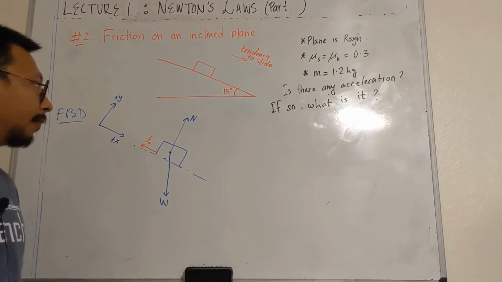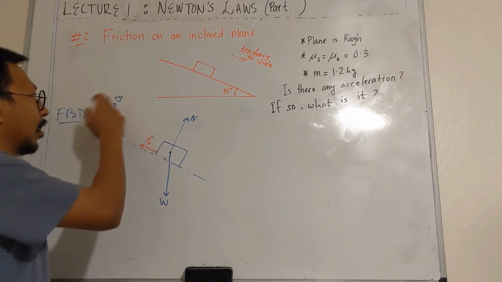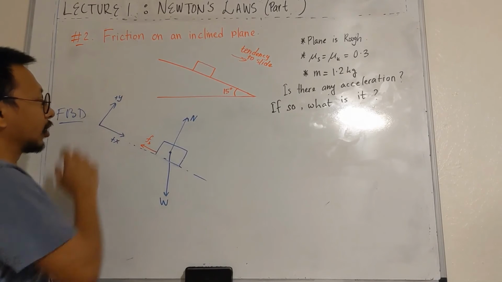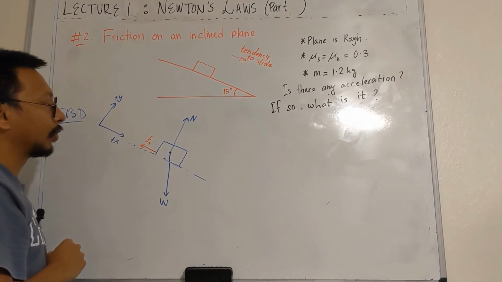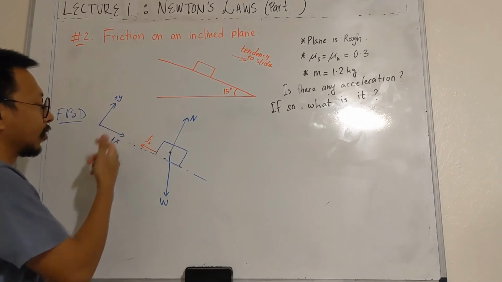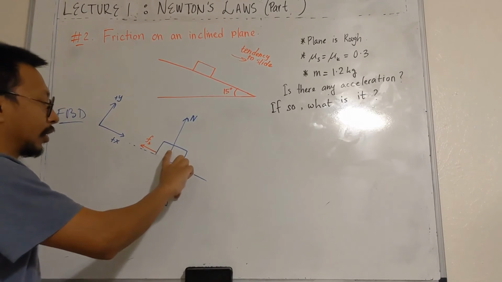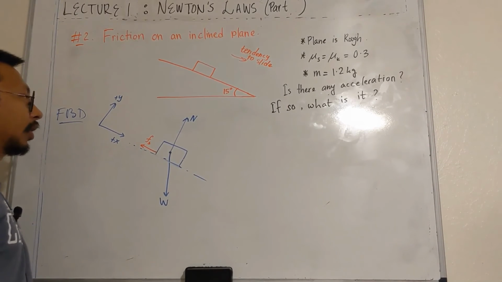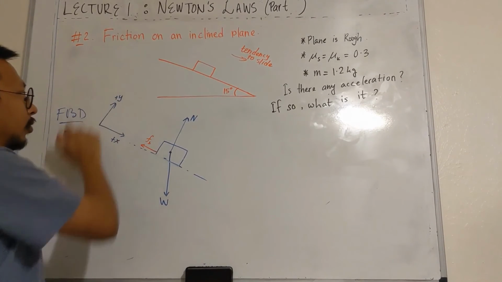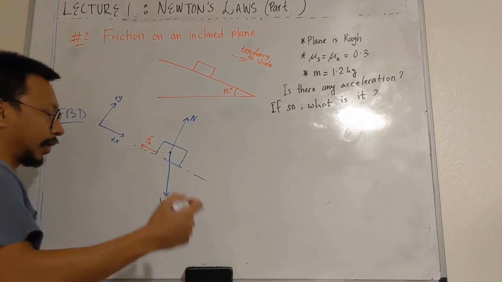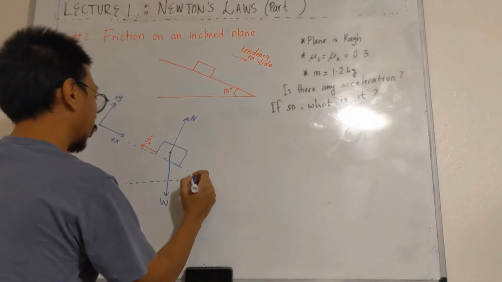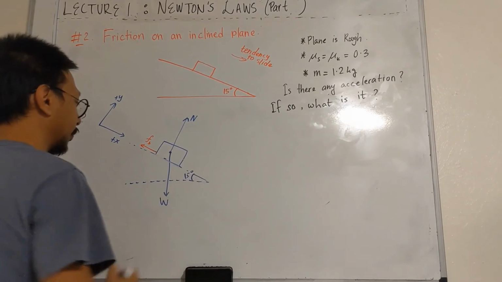However, we don't know all the forces along our chosen axis. More specifically, N is along the y-axis, so it only has y components. Fs is along the negative x-axis, so it only has an x component. W is not along either axis, and hence it must have two components with respect to the x and y axes. So let's find out the components of this. To do that, we need to know that the angle of incline is 15 degrees,